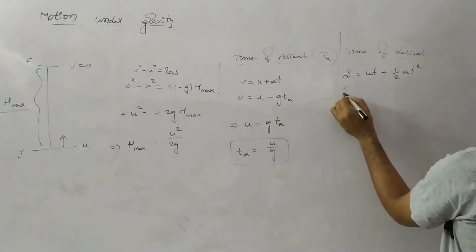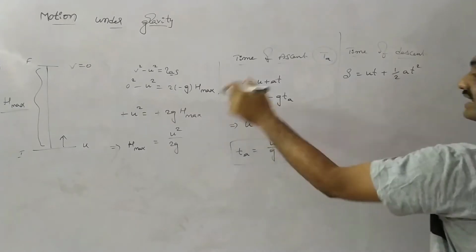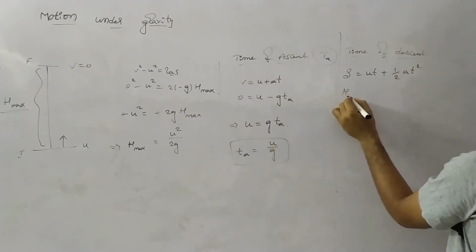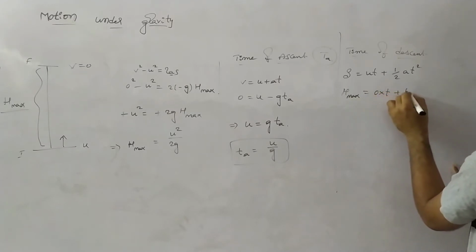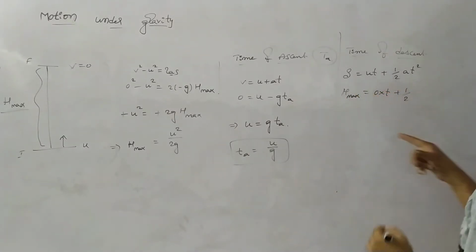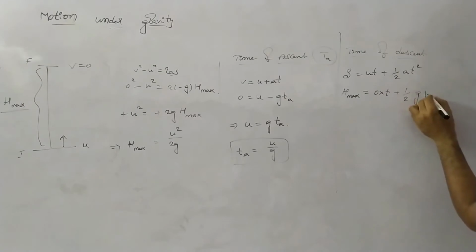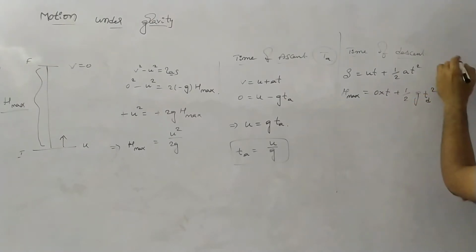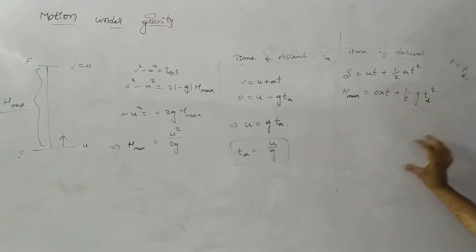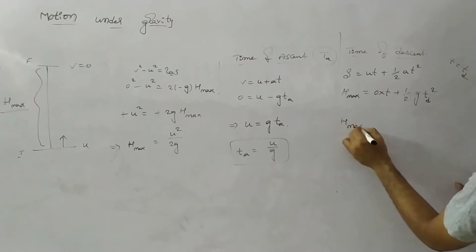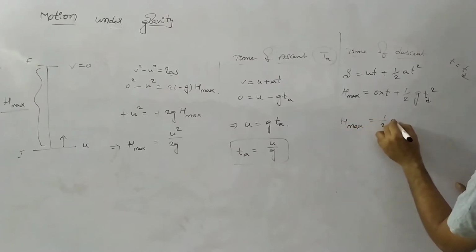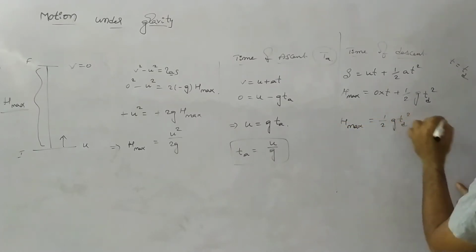Based on that, s is nothing but the maximum height. H max equals 0 into t plus half into the acceleration due to gravity, which is a constant g, into t suffix d. Why? Because time t equals t suffix d. So here, based on that, we have h max equals half g t suffix d square,